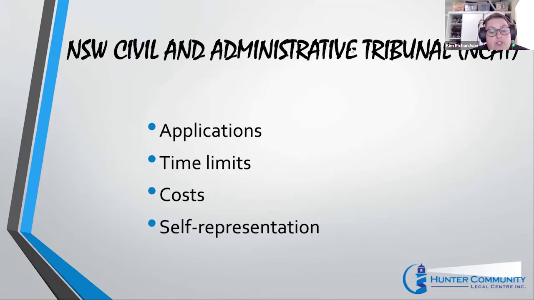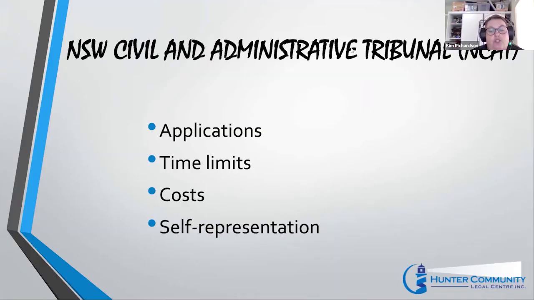It is possible to bring a friend or family member for support. A landlord may use a real estate agent to represent them. Solicitors may only represent landlords or tenants with the permission of the tribunal. So it's not like with court where you go and speak to a solicitor and then they're able to represent you at court. With the tribunal, you need to have the consent of the tribunal to have a solicitor represent you. If you need an interpreter, you should write this in your application or tell NCAT when you get notice of the hearing. And NCAT will provide an interpreter free of charge.